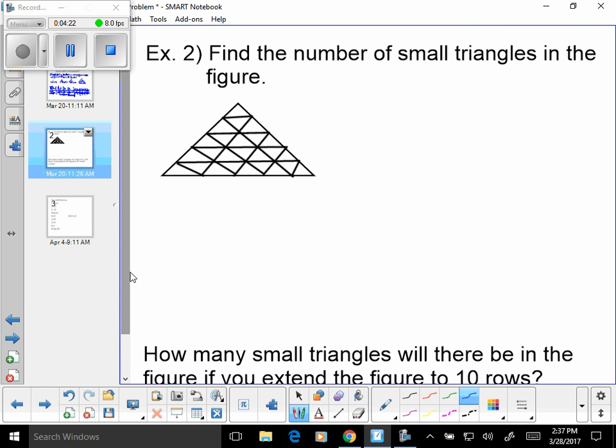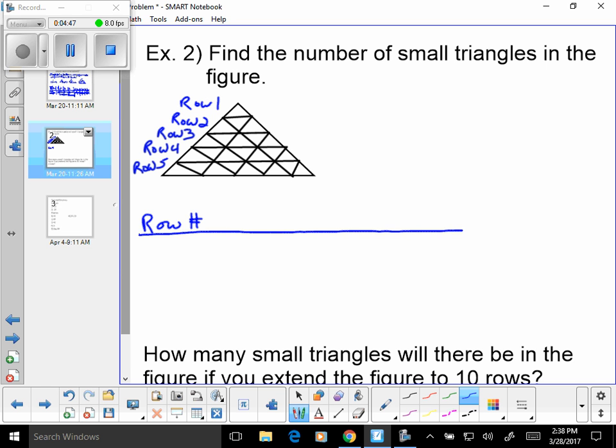So I look for it and I think, all right, row 1, row 2, row 3, row 4, row 5. And again, I'm going to keep track on a table. I'm going to have the row number, and I'm going to have the number of